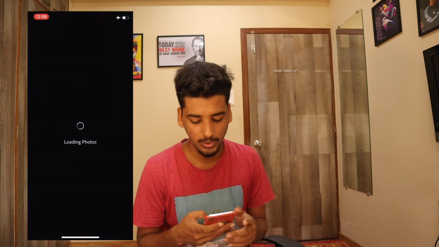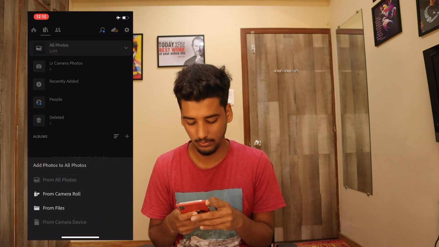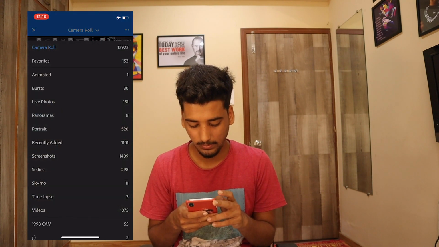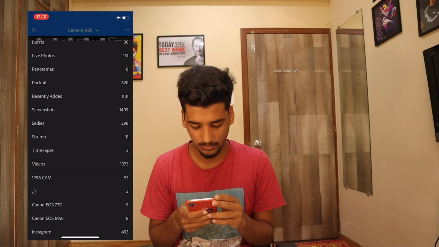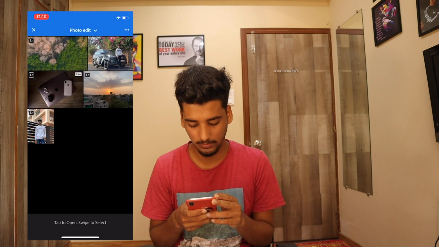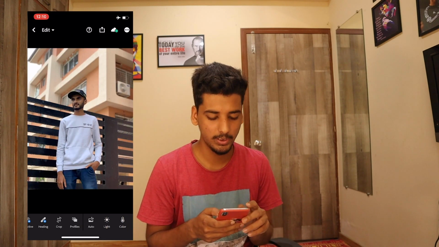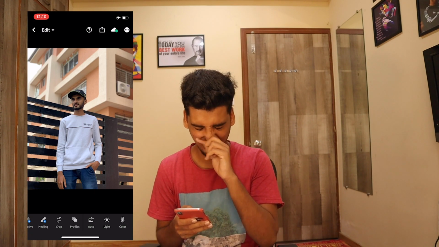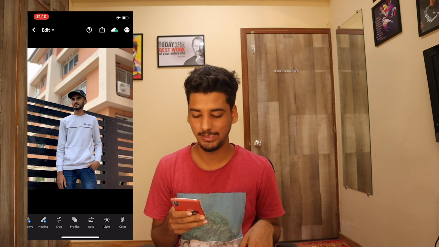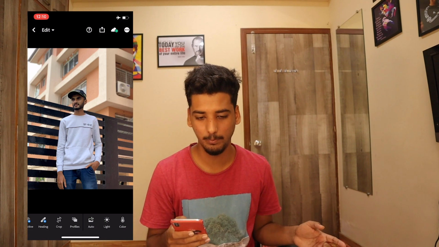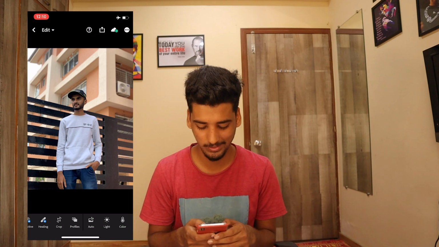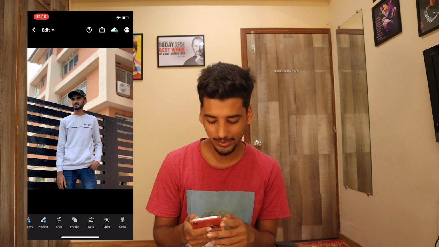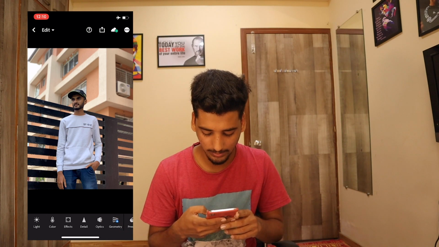So first open Lightroom, and here I have already created a folder for editing pictures. Here it is. Okay, so first I'll start off with this picture of my friend. This angle was also his idea. We had gone to a bike showroom to check out bikes just for time pass and we found this building and this gate, so he wanted to click a picture over there. This was clicked from my phone itself.